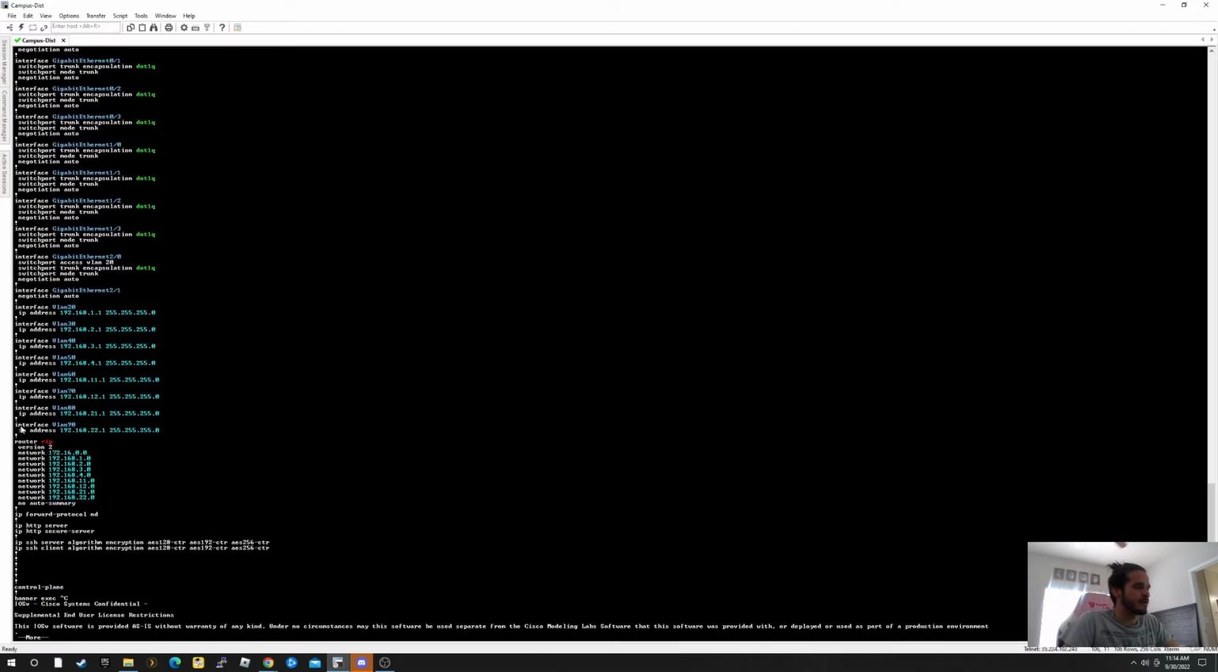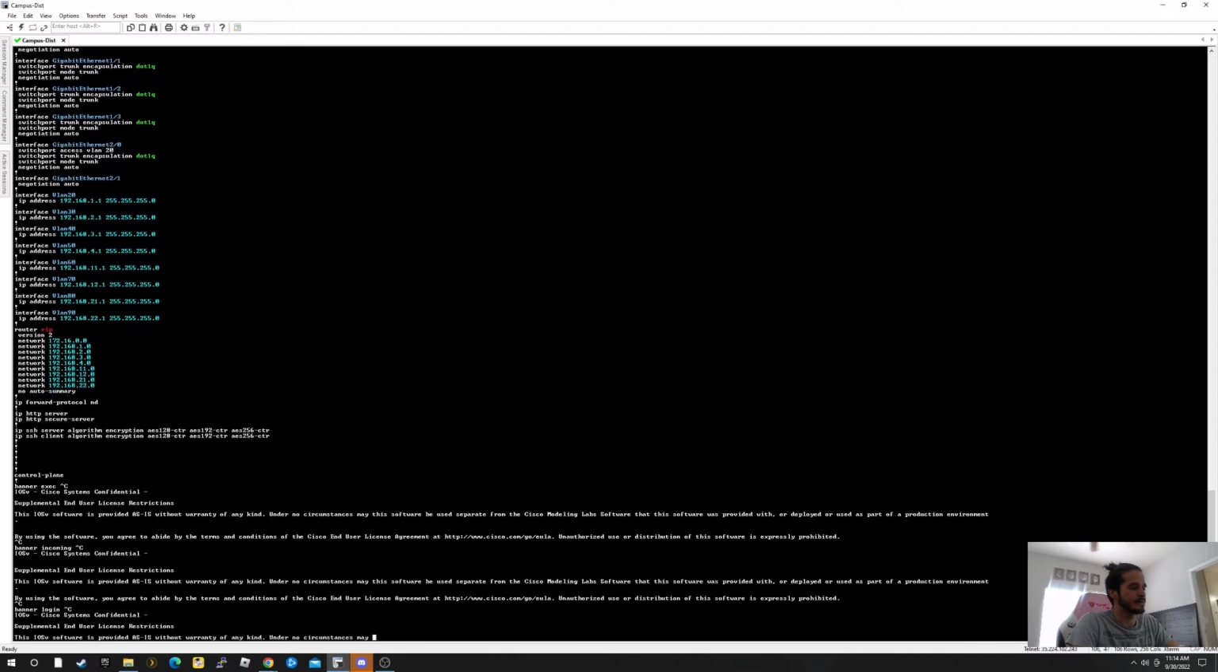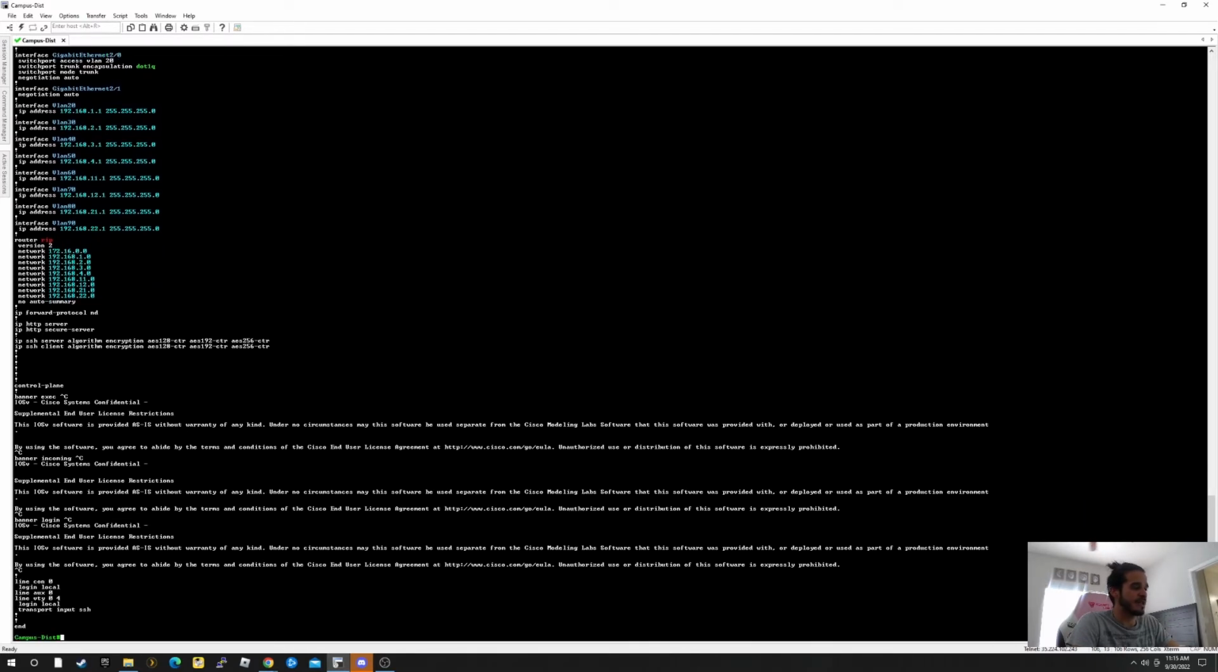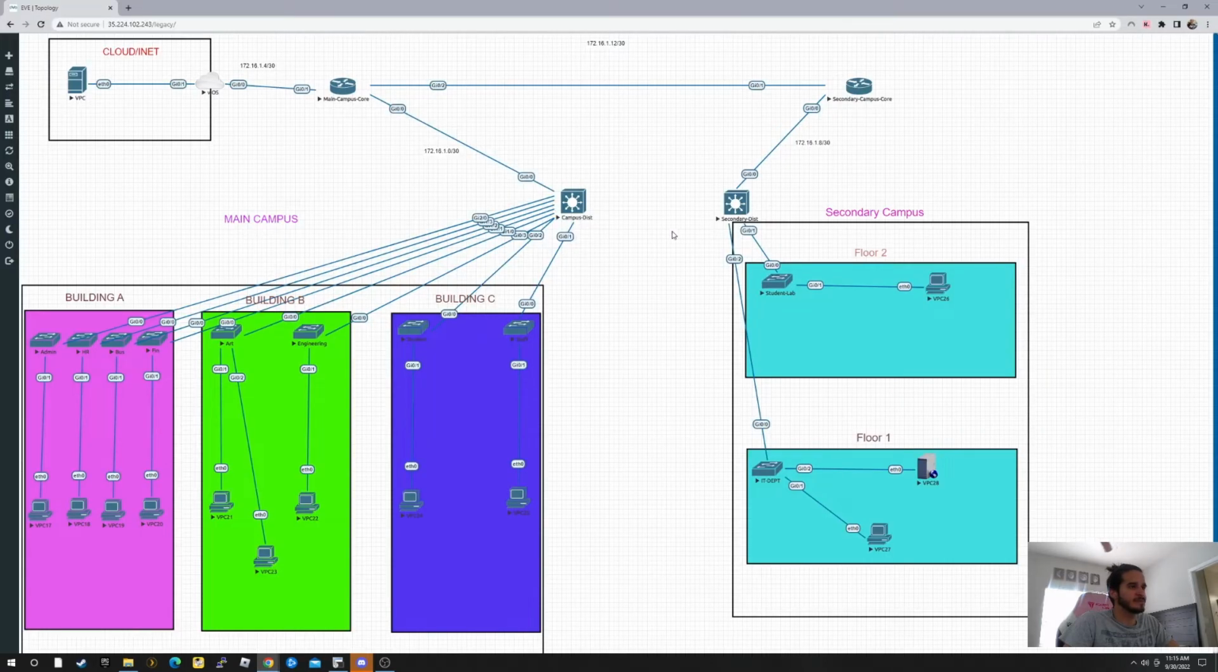Here's our RIP configuration. We're using version 2, no auto summary, and then these are all the networks advertised. I could just hit Q and stop it, but there we go. So there's RIP. So we're going to go back into our topology,